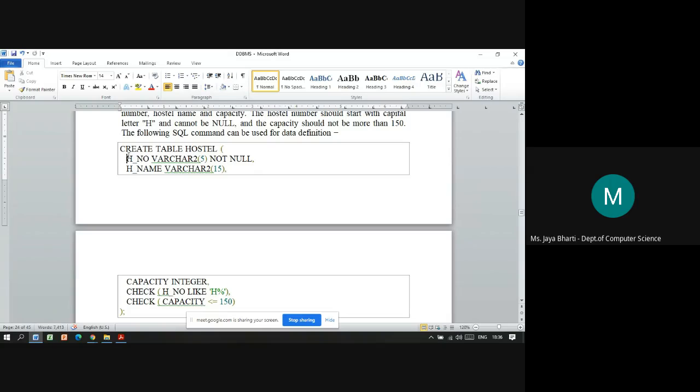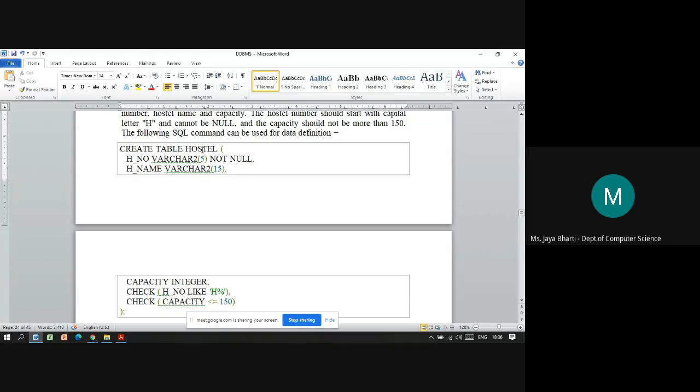So for creating the table in SQL, we have the statement create table. So you can see create table space hostel. Now hostel is the name of the table. This name you can give as per the program need or as per the business need. It should be logical only.